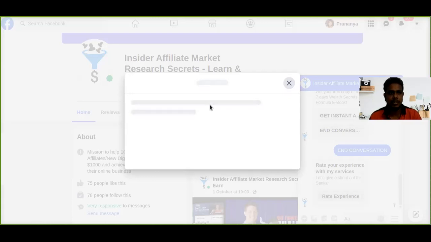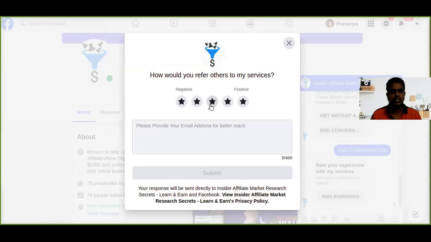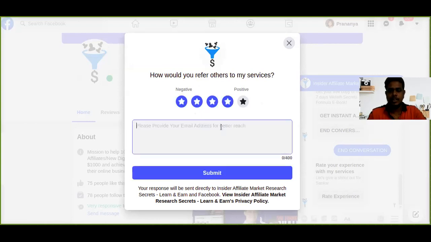I will show you the demo of how it automatically places the details you got from your Facebook Messenger. Okay, I'm just filling 4-star, very satisfied. If you want, you can ask anything within this area. Okay, it's up to you.